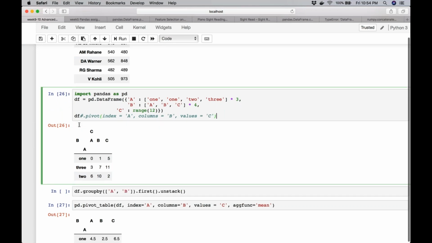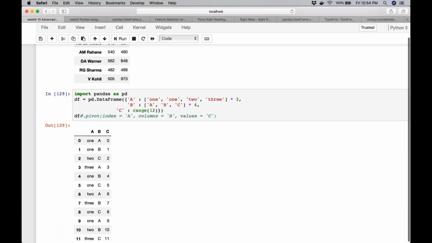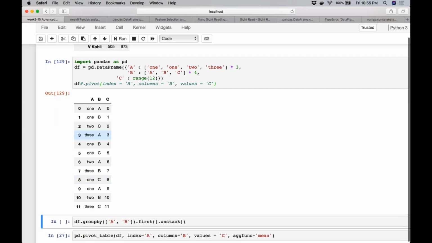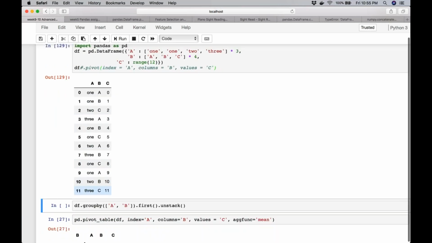Okay, so now we have a new example. As you can see, there are 3 columns, A, B, and C once again. And there are multiple rows and there are duplicate entries. So we have 1A, 1B, 2C, 3A, 1B again, and then there is 1C, and then there is a 2A, and then there is a 1A again. So you can see there are duplicated values in A as well as B. And then there are some random numbers in C. Okay, so this is my data frame.